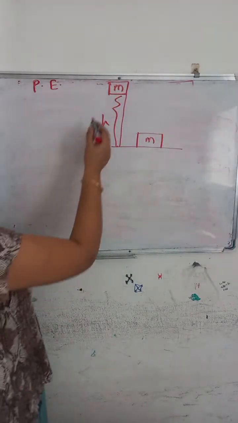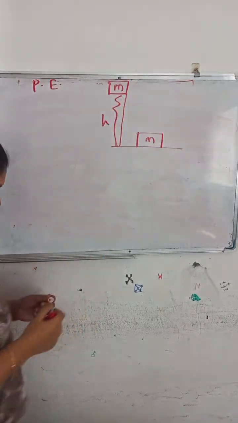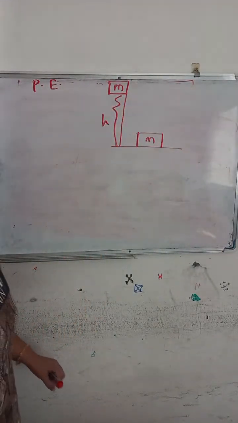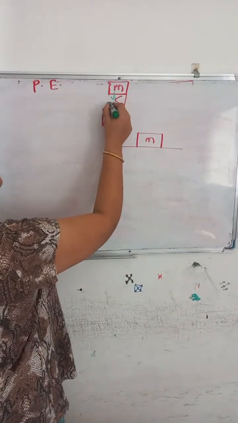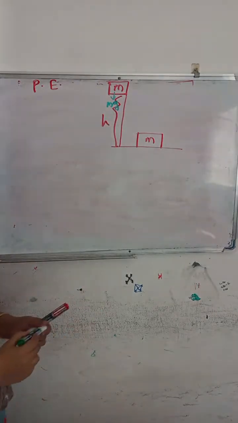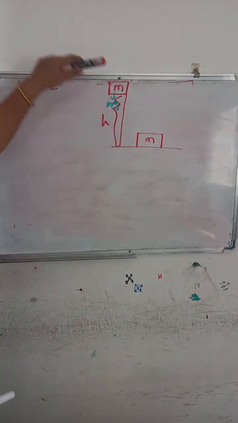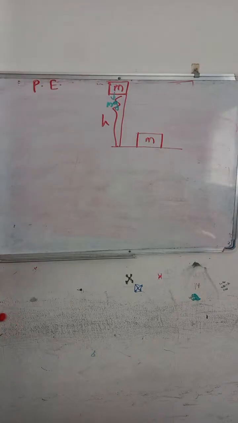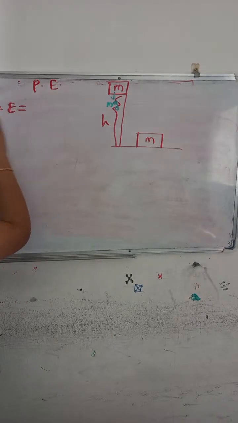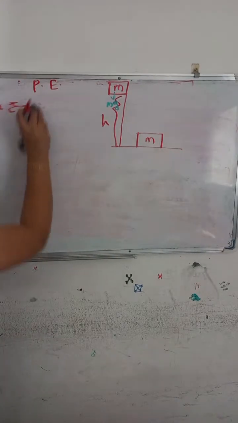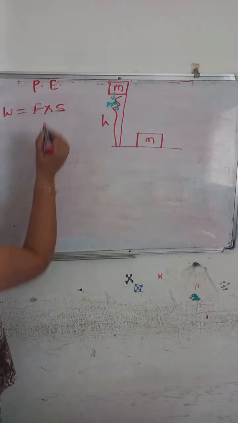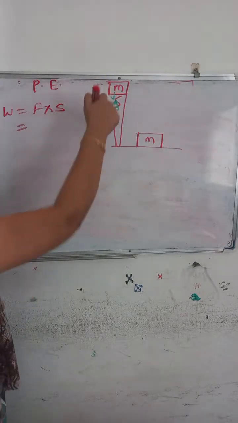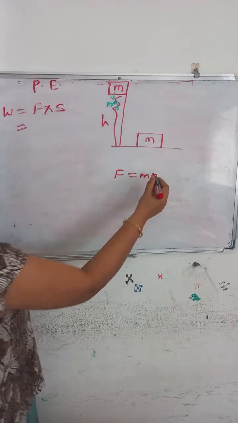So whenever we take this mass and keep it at a certain height, its weight component is also acting vertically downward, that is nothing but m into g. Its weight acts vertically downward when you raise it to a certain height h. So here potential energy is nothing but work done. Work done is nothing but force into displacement s. So what is the force? F is equal to mg, which is also the component of force,